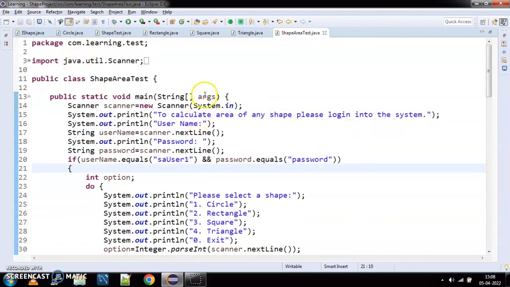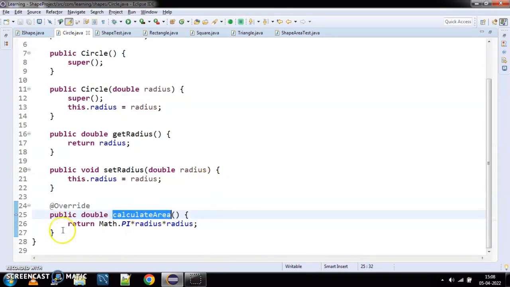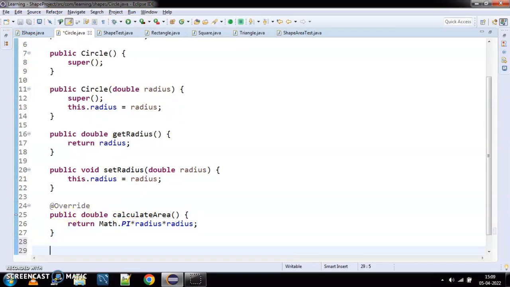In this example also we will be continuing with the same project and we'll be using the same classes, that is circle, square, rectangle, triangle, all the various classes that we have. What we will be doing in today's example is adding two methods in these classes, and we'll see how we can use the instanceof operator and ternary operator in our code using these methods. So let's get started. In the circle class, I will be adding one additional method, that is I will say public double